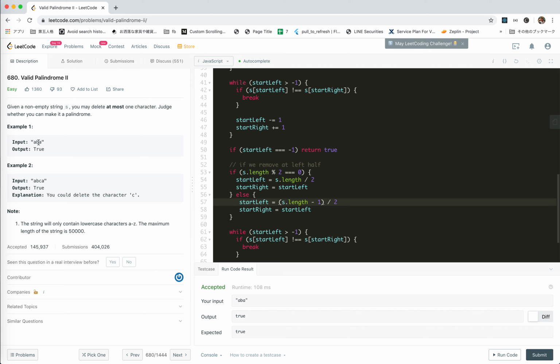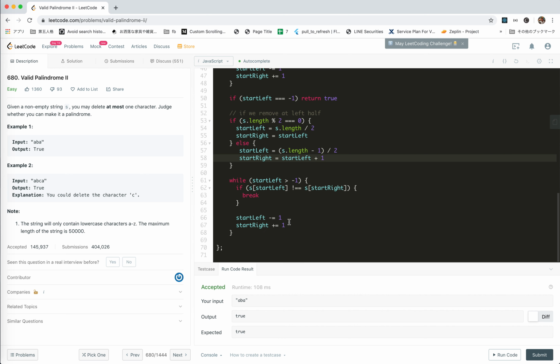If it is odd, remove something to the left, then the center would be, start left would not change. It's still here. But the start right would not. Start right would be plus 1. Cool. Now let's start. Because we remove the left half, the left half